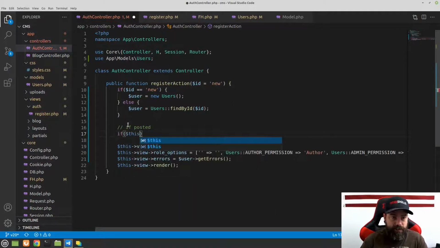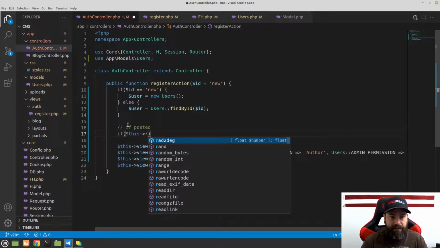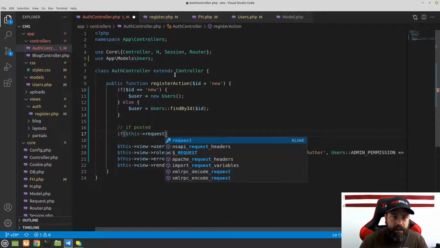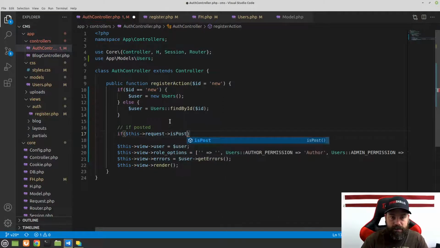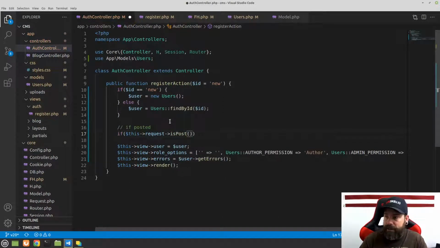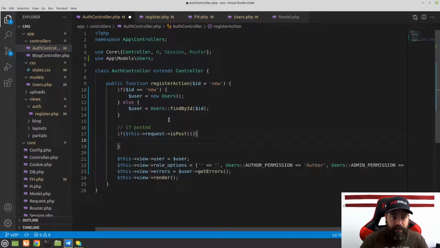And now, because this is a controller, we have access to this request. Remember, in the last video, we added to our controller an instantiated object of our request. So we can say this request, and then we can say is post. Remember that method we created? So if it's post, then for now, what I'm going to do is